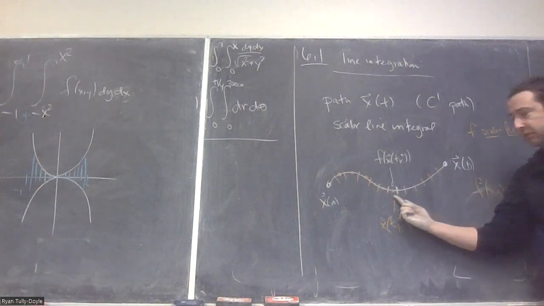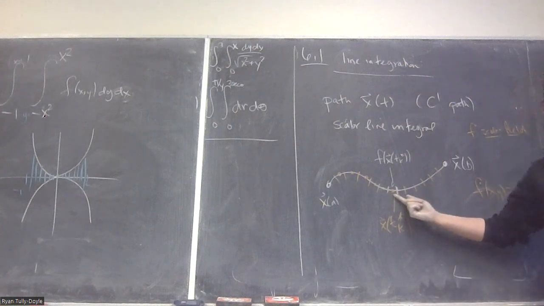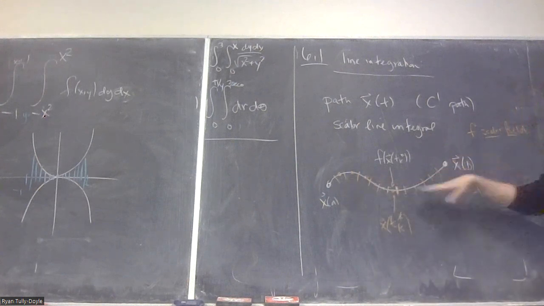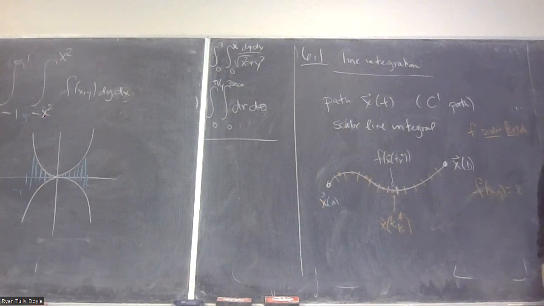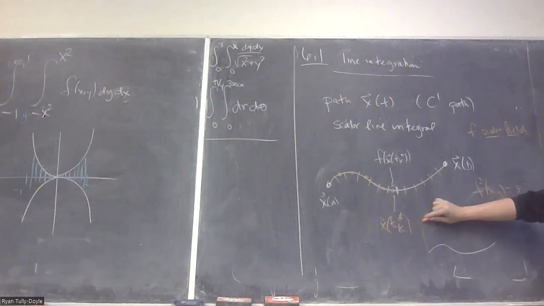If you want, you can think about this as a height. And what we're saying is, okay, I've got some height attached here. What's the total height that piles up? What's the area of this two-dimensional shape that sits on top of this path? This is why I hate this analogy, by the way. But maybe I'll try to draw this. So in 3 dimensions, it would look sort of like this. And you can think about what F is doing, it's sort of attaching, man, this is hard to do. You can imagine that what F does,